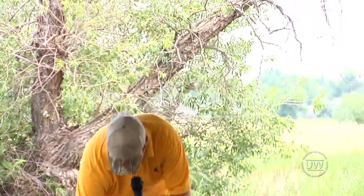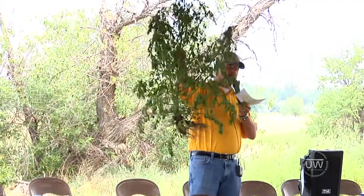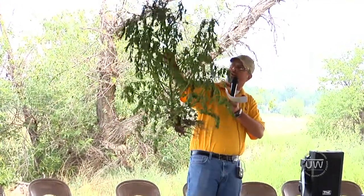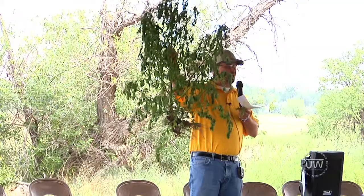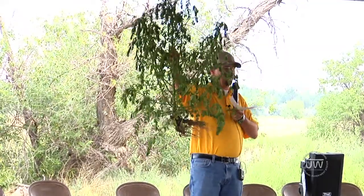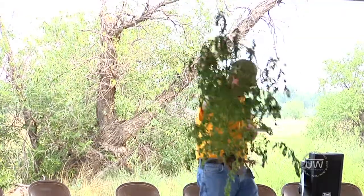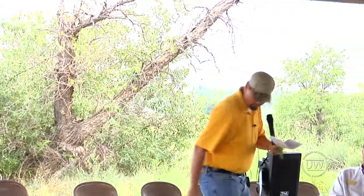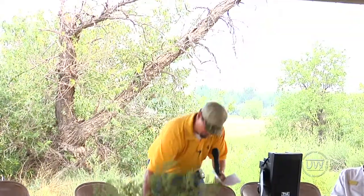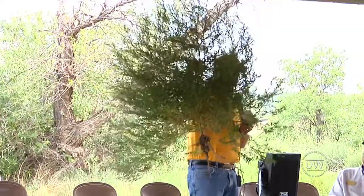I found a couple examples. We pulled this one out of the irrigated section. This is actually out of one of my dry bean plots. It's a little wilted because we picked it about 1 o'clock and then it just sat in the heat for a while. So now that those roots aren't able to take up any water, it's already wilting a little bit. But you can see it's a pretty nice healthy looking specimen. And then this guy I actually just picked out right back here a little ways in an area that was